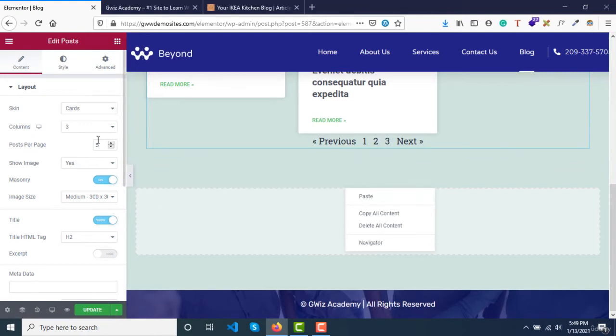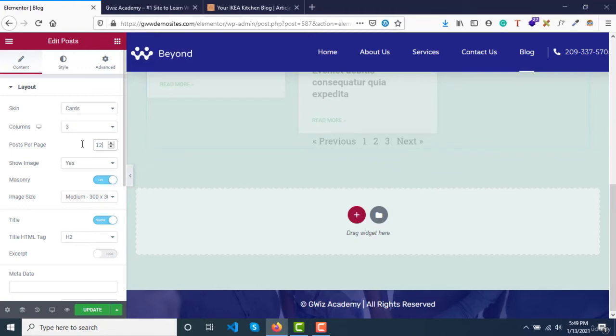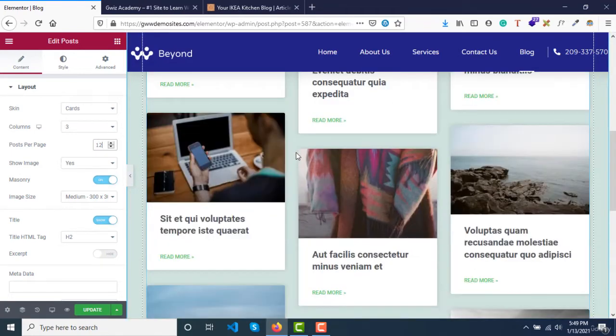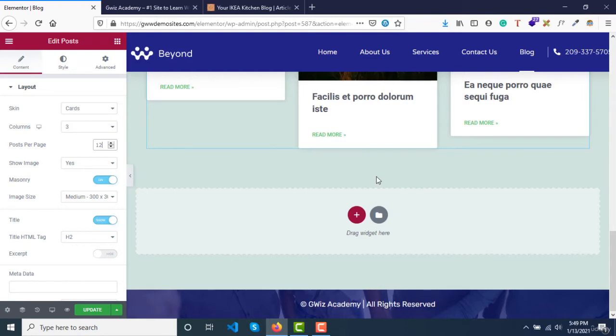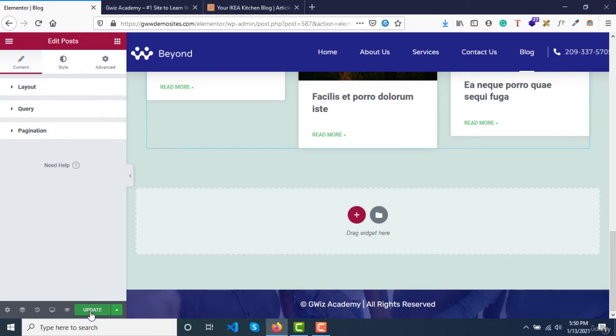Because we only have 12 articles on our complete website, if I show 12 articles on a single page, then we will not have any pagination. As soon as I add one more article in my backend dashboard, it will automatically show the pagination. Right, let's click on update,